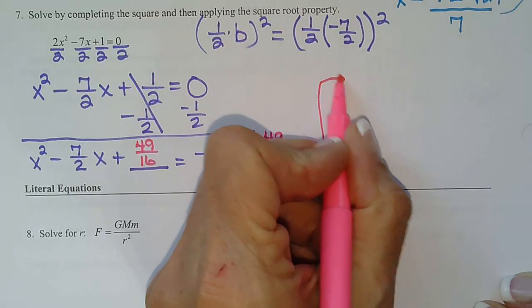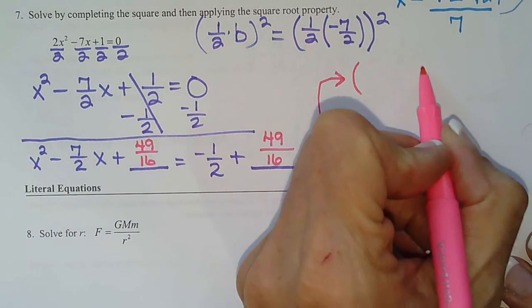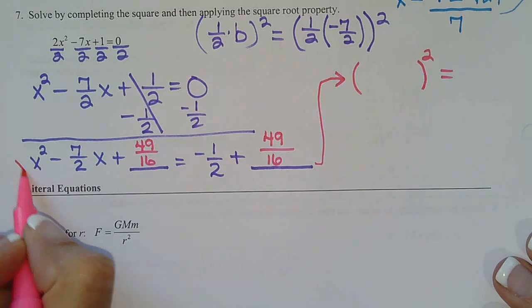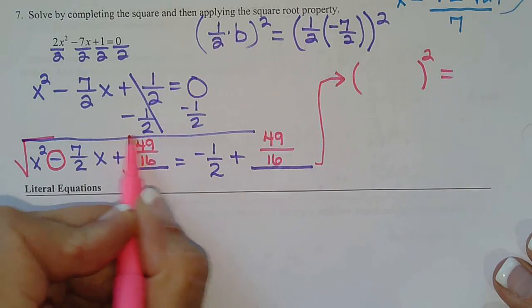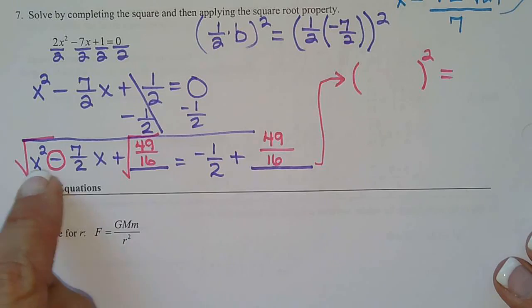So now we're ready to factor the left side using our new little method. So square root, use this sign, square root, and it's quantity squared. So square root of x squared is x minus